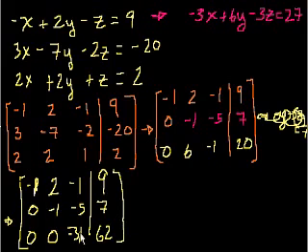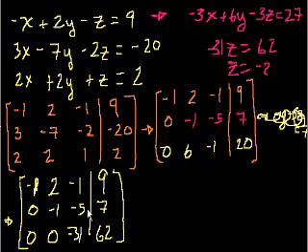Now we're actually almost done solving. What can we do here? I just want to make sure you understand our representation. What is this last equation? This, 0, 0, minus 31, line 62. Well, this last equation is just minus 31z is equal to 62. And so we can divide both sides of this equation by minus 31, and we'd get z is equal to